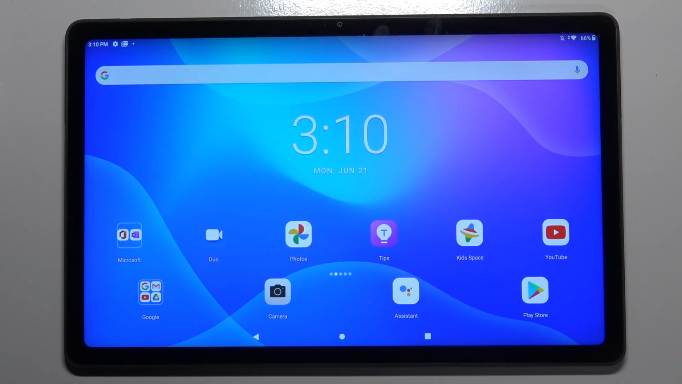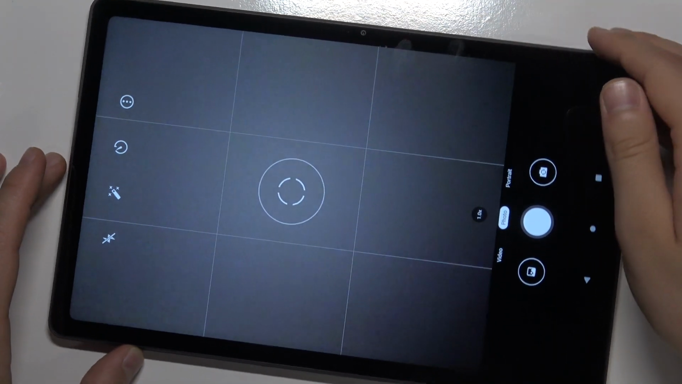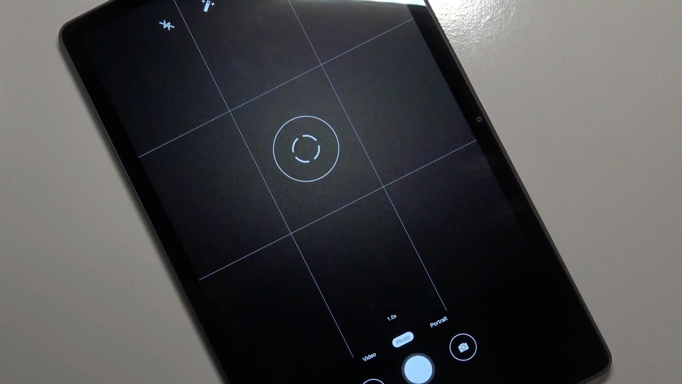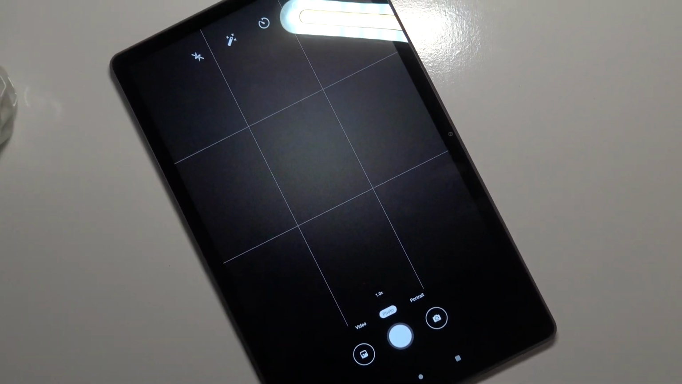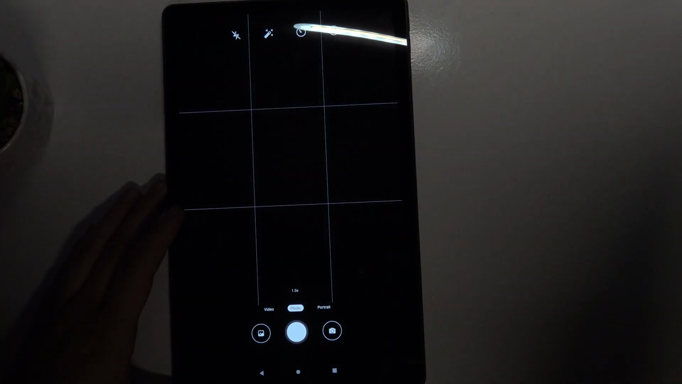Welcome, in front of me I have LENOVO Tab P11 and today I will show you all modes and features that you can find in this camera. So there will be a small overview. Unfortunately it doesn't support the normal mode, the landscape mode, so I'm going to zoom out to show you how it looks. Okay, and as you can see in this camera we can find